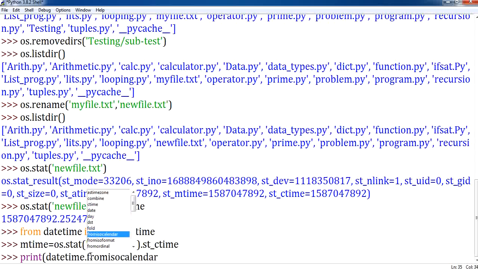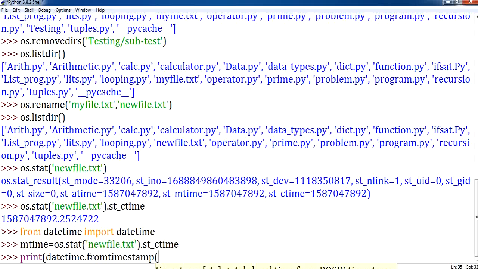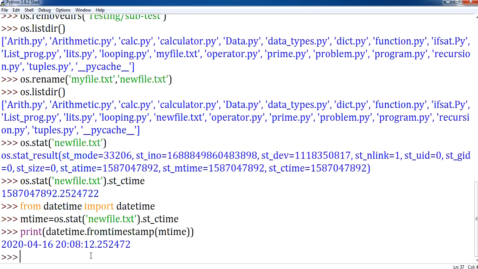This is the method which is going to display your result in a readable format, and the parameter of this should be passed with the resultant value. Clear? Now if I execute it, you can notice that the current date has been displayed, followed by hours, minutes and seconds. In such a way you are able to convert this created time by using this particular fromtimestamp method. I hope you are clear with it.